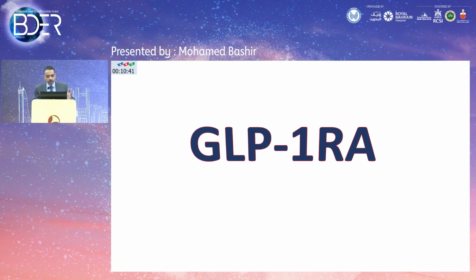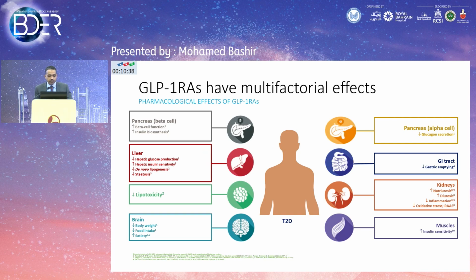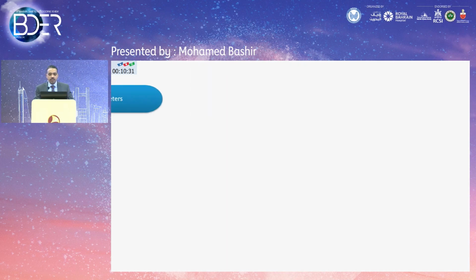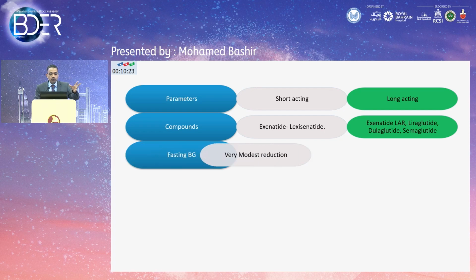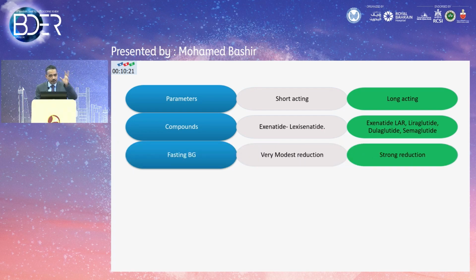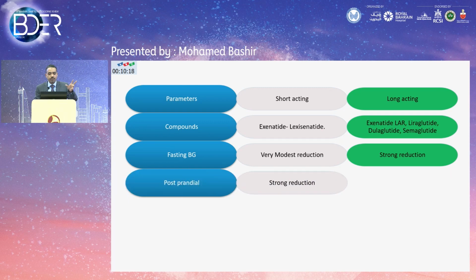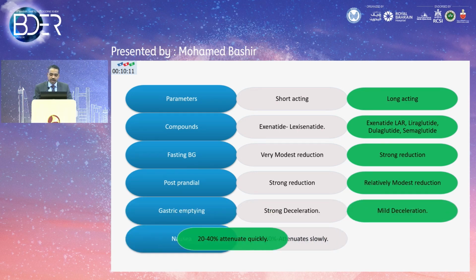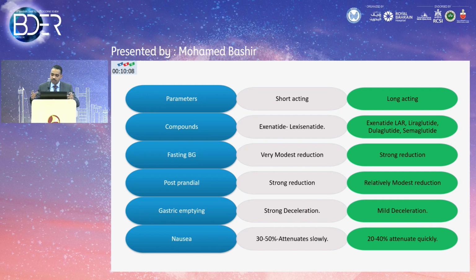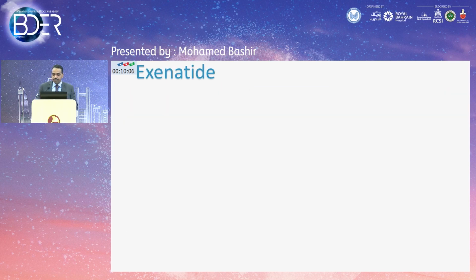Now, we're going to come to the GLP-1 receptor agonists here. They work in different ways, as you all know, in controlling the appetite and controlling glucose-dependent insulin production. GLP-1s, there are multiple of them, and they're broadly divided between short-acting and long-acting. Exenatide and lixisenatide are the short-acting ones. They have a very powerful impact on 2-hour postprandial glucose. They have a very small impact on the fasting glucose, while the long-acting have exactly the opposite. What I'm mostly interested in here is that the rate of gastric emptying is different, and the rate of nausea and vomiting is completely different in this cohort.